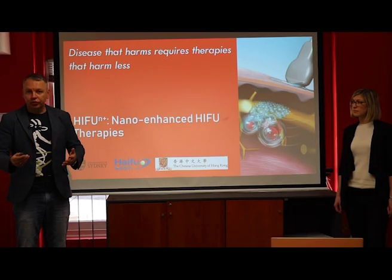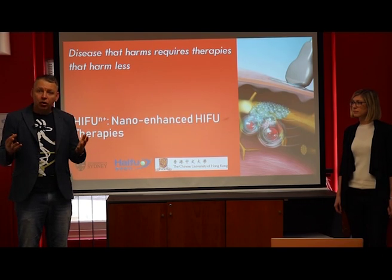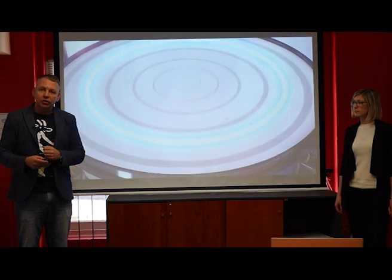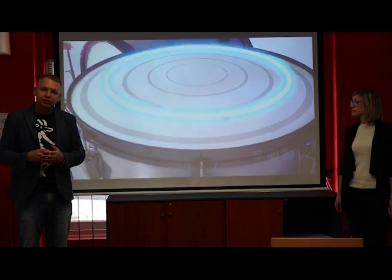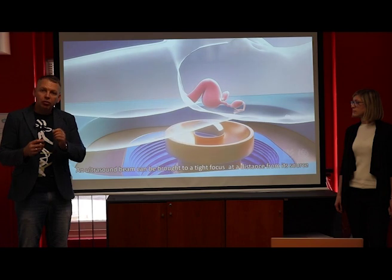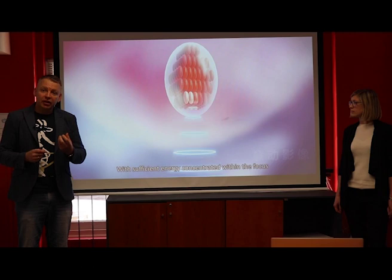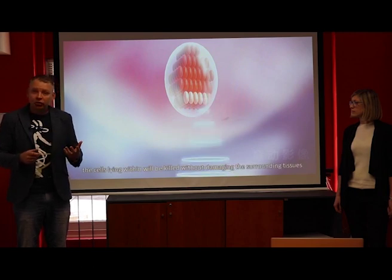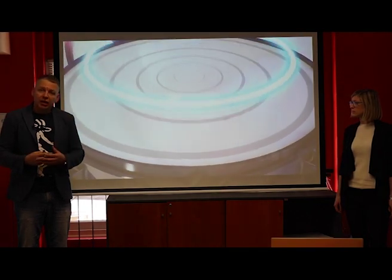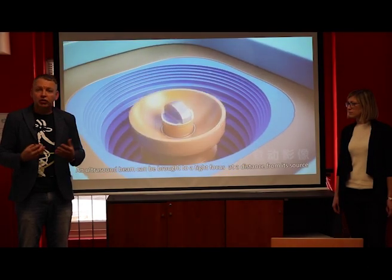Imagine the ultrasound which you would normally use for a diagnostic application, which is the wide beam of the ultrasound which reaches your body. And take this ultrasound and focus on a small, tiny little spot. What will happen in this situation is that all energy from the ultrasound will be condensed only in one tiny area, and all the intensity of the ultrasound will start interacting with the tissue. And in this situation, this tissue will actually be destroyed. So in a sense, it is an ablation or removal, destruction of the tissue inside the body, which is fully